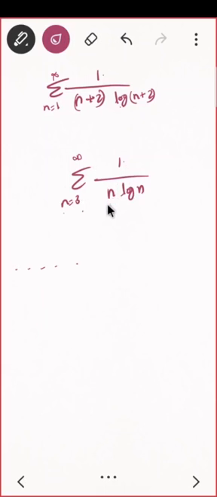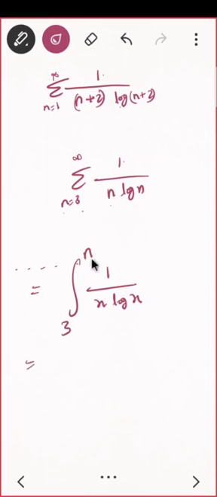Now I want to check whether this series is convergent. What is enough to check? It is enough to check whether this integration exists or not: the integration of 1 upon x log x, say from 3 to n. Can you say that? Can you quickly check whether this integration exists or not? See, my n is starting from 3, so I took 3 to n; writing 1 would also work, there is no issue at all. Can you quickly check whether this is convergent or not?